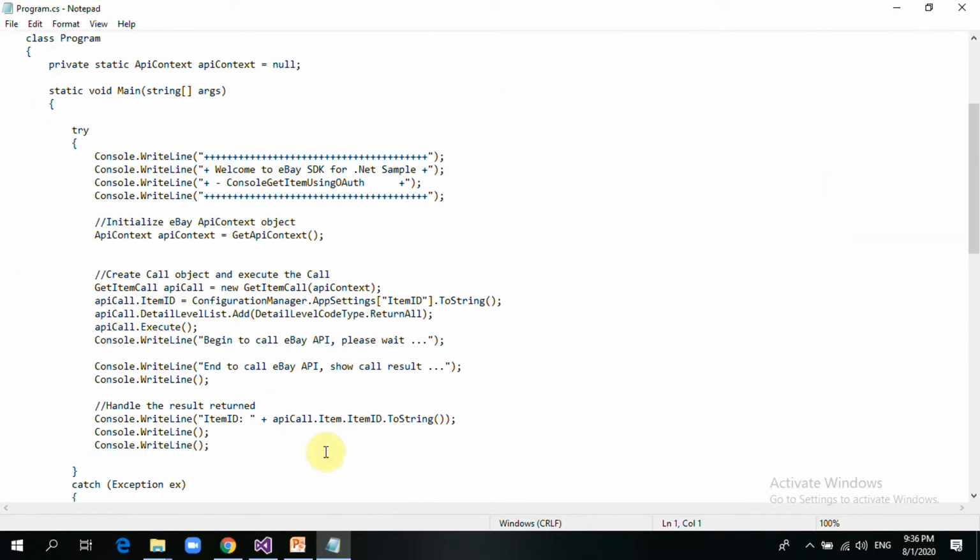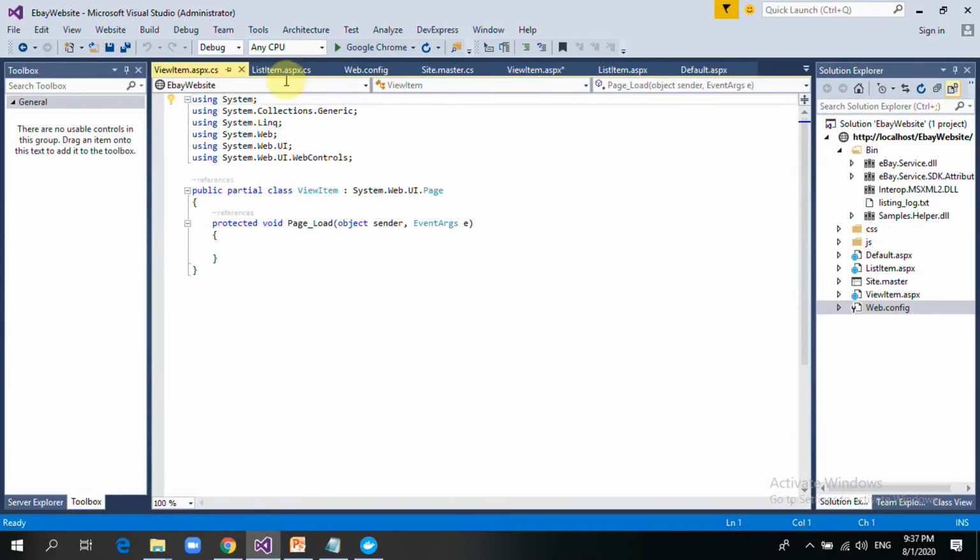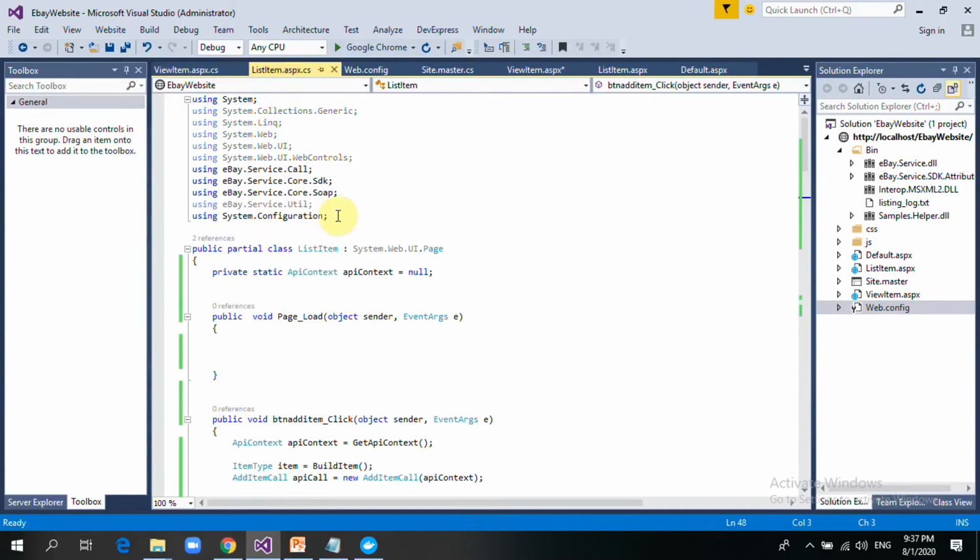So for example, let's say I drop the ID, let me just say message on that server. So for view items, let's right click this and go to the code behind. It's basically the same thing as list item, just a few changes. We need all these DLLs here, so you add all the DLLs,